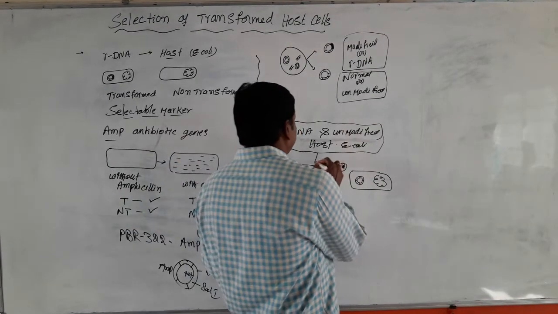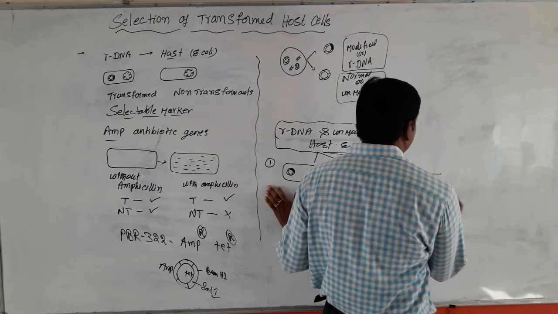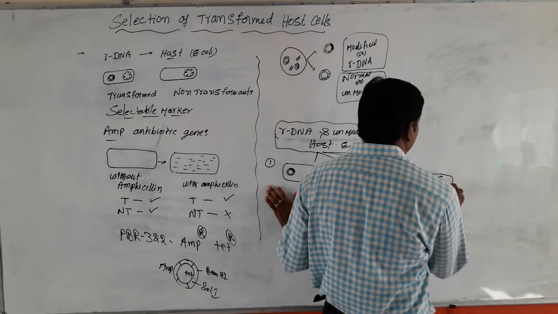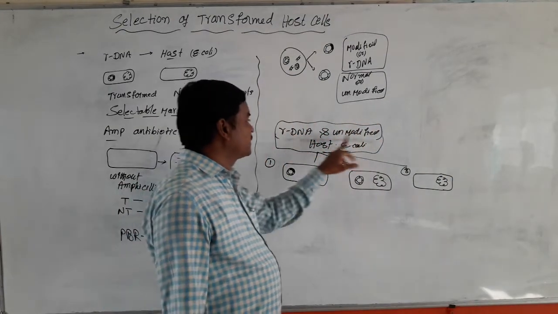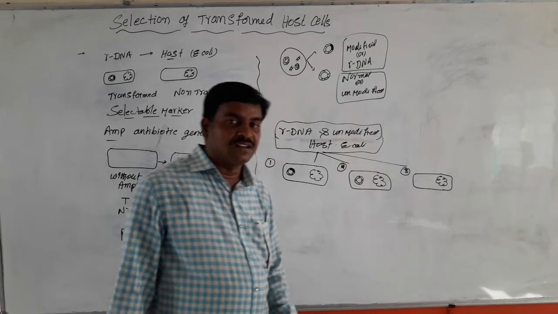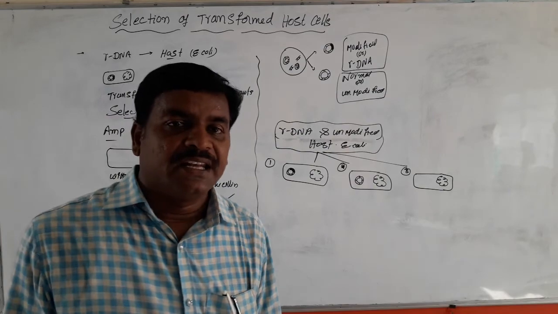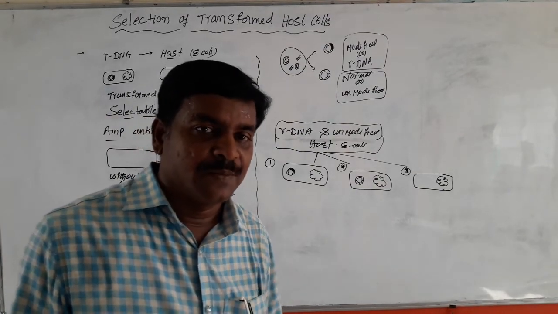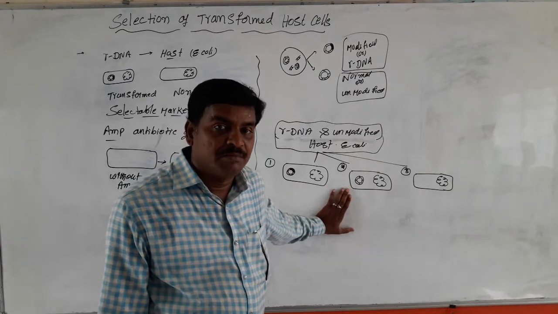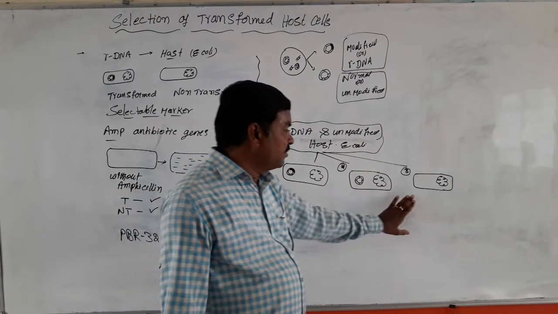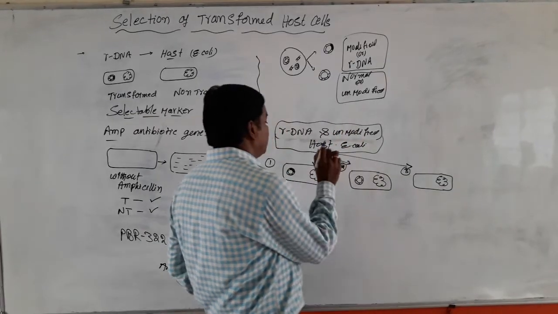And the third type of cells, for example this is a bacterial cell, do not take up any one of these plasmids present in their surroundings. They are the third type. Some bacteria take up recombinant DNAs. Some bacteria take up unmodified normal plasmids. Some bacteria do not take up any one of these plasmids. In this way, three types of